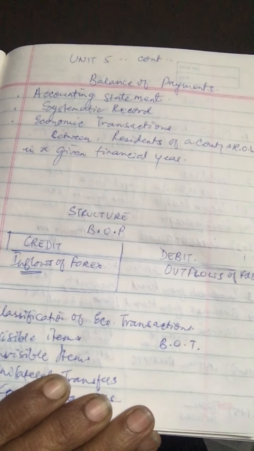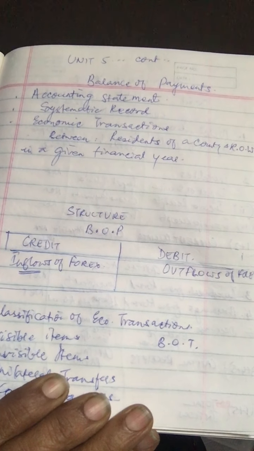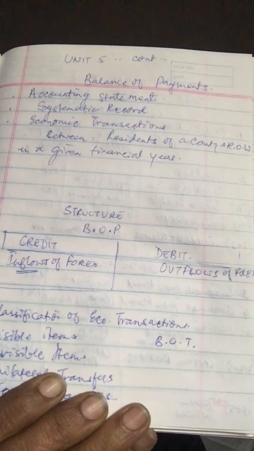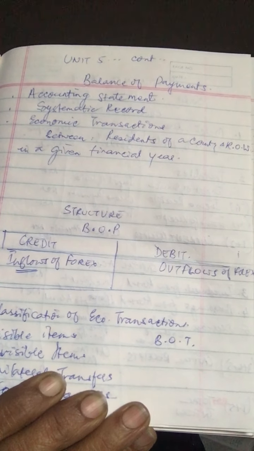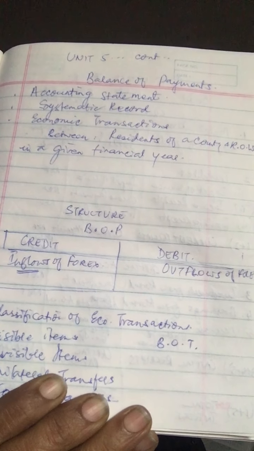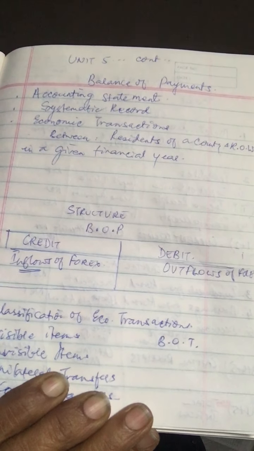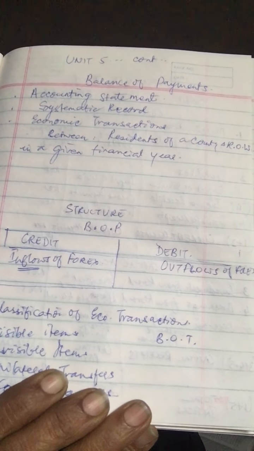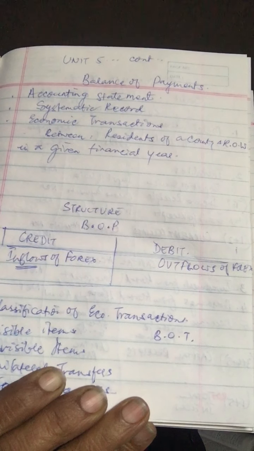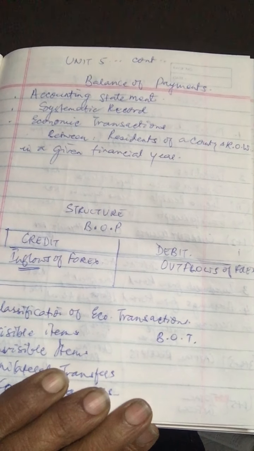These include non-factor services like shipping, banking, insurance. Factor services like services of labor, capital, enterprise, etc. also fall under this category. Thus, under this head, two types of earnings, that is non-factor incomes and factor incomes, are included. So what are these? And so these earnings are for current services.